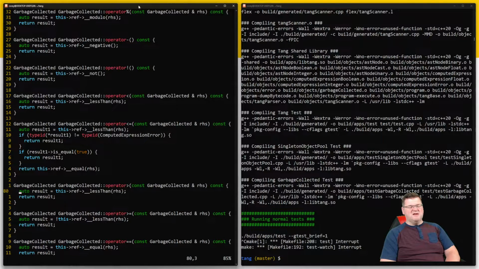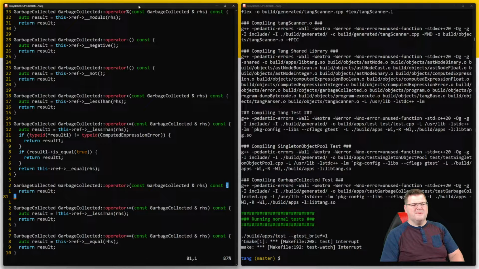And greater than is not less than or equal to, right? So, oops, return